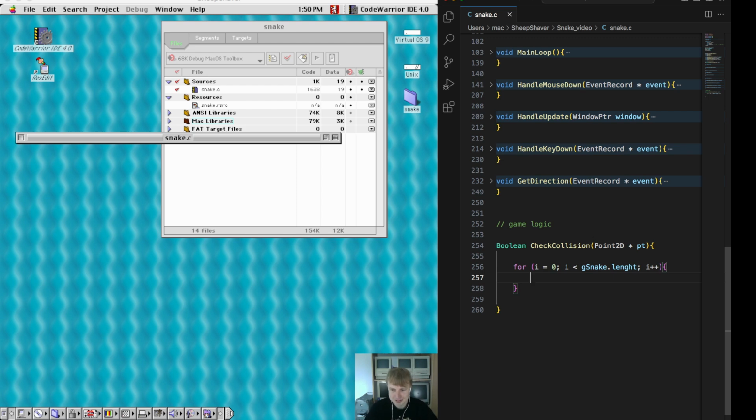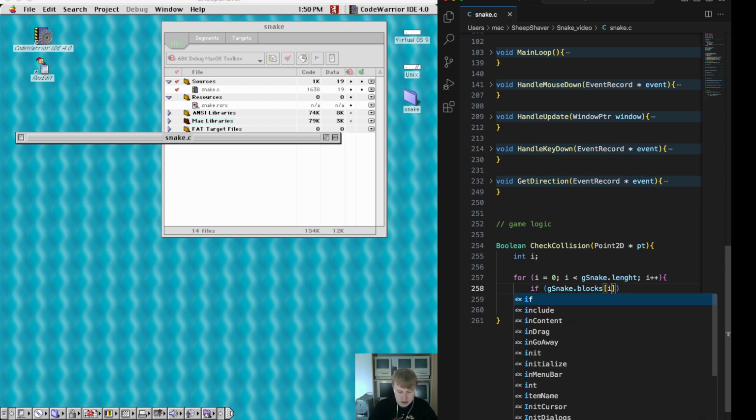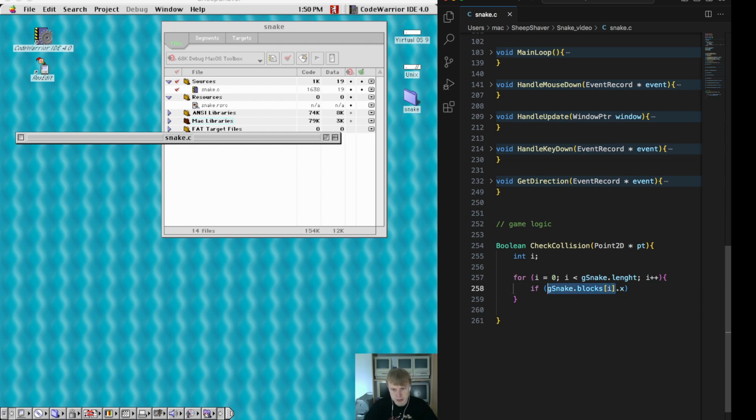Yeah, it should be HD. So we need to declare the variable i, and if the snake blocks i is equal to the i and the X position, so this is the point of the snake, the part of the body, and its X position is equal to the point X, and similarly but for the Y,